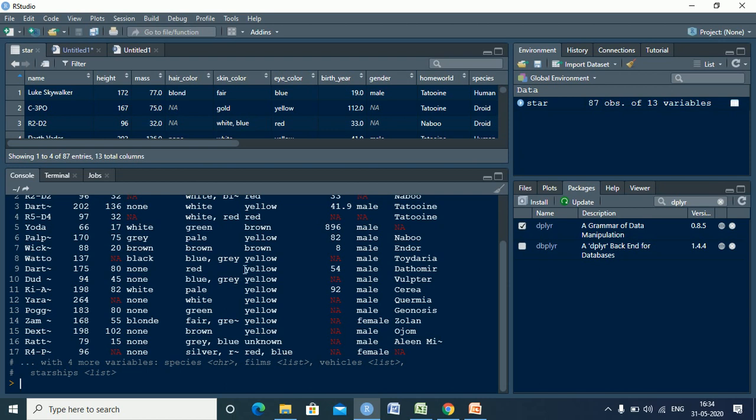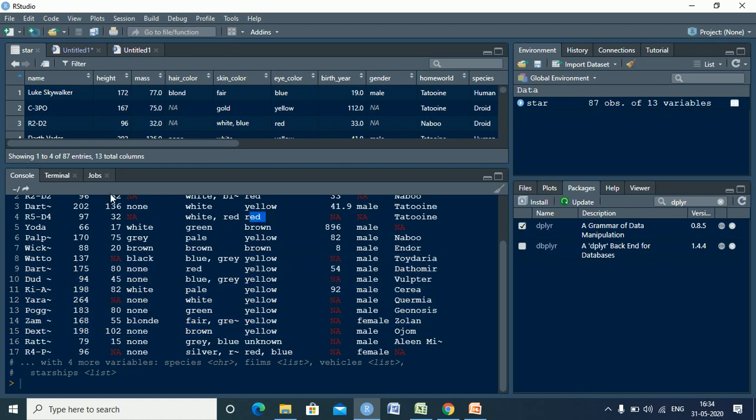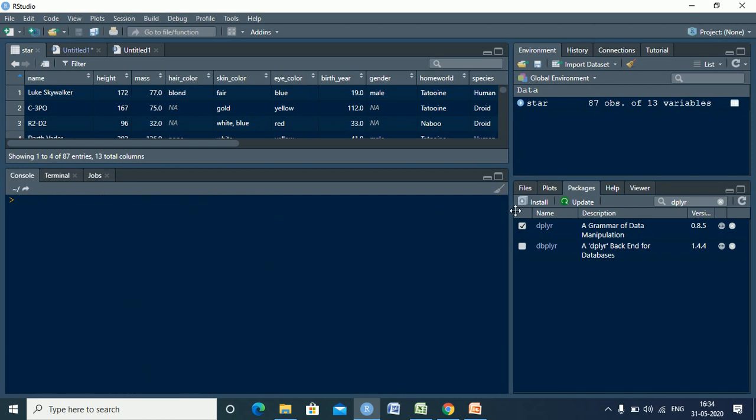So now over here, if you find it is all yellow, the height over here, some of them are greater than 100 as well, some of them are less than 100 here. So here also you have an eye color which is red, but since the height is less than 100, it has been selected. Now this will give me an OR condition. So if I want either of the 2 conditions to be fulfilled, I can make use of this multiple criteria filter, right?